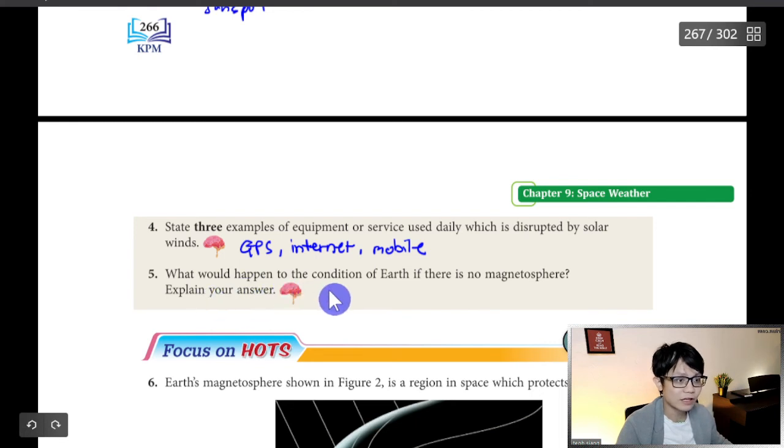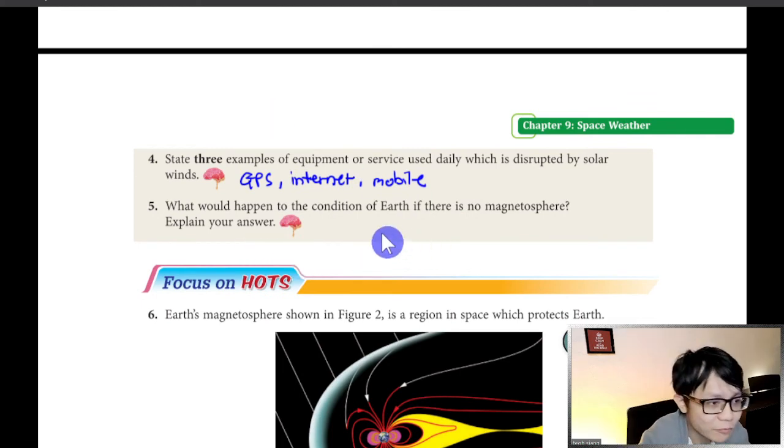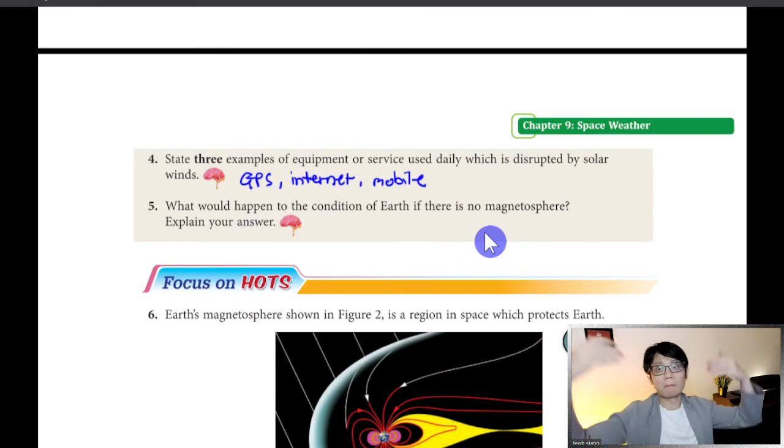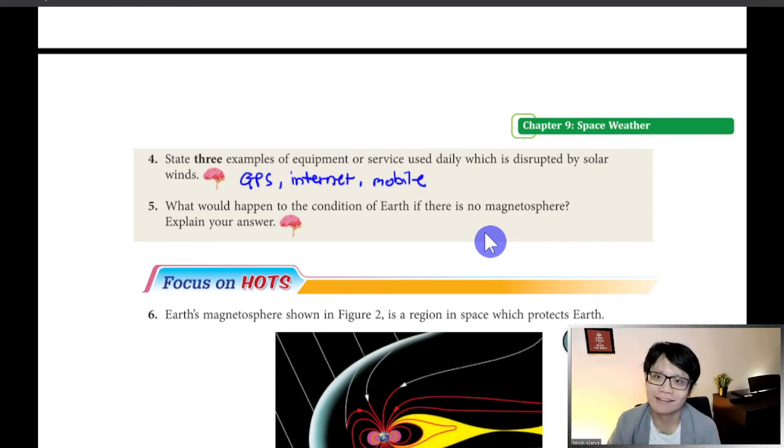What will happen to the condition of the earth if there is no magnetosphere? Explain your answer. Very good. So it means that if there is no magnetosphere, the plasma from the sun will go to the earth. So what will happen is, I think we won't die so fast. We need to wait. Maybe I don't know how long we need to wait, but slowly I think we will start to vomit, like we are poisoned from the sun,